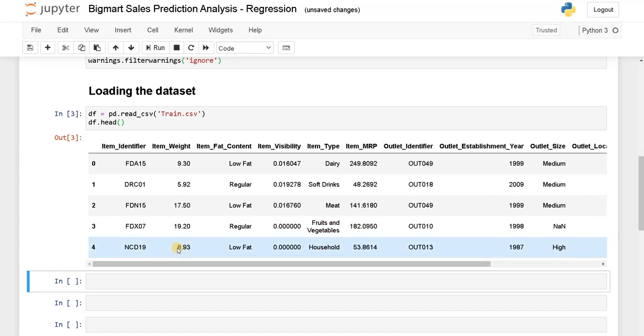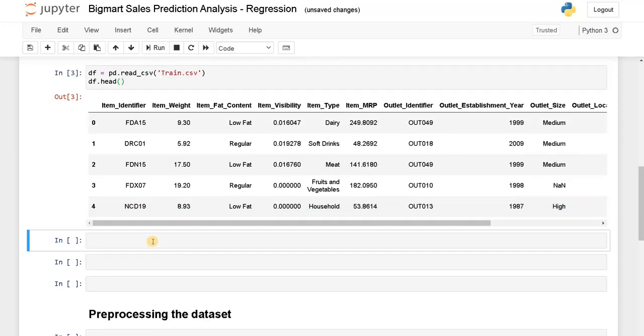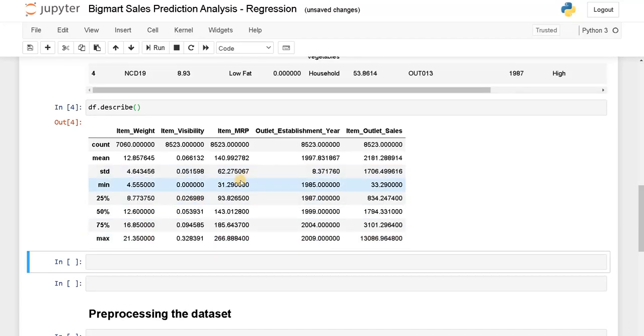Okay, let's do some basic analysis of the dataset. df.describe. Now it's displaying some numerical values that are available in the dataset: item weight, item visibility, MRP, establishment year, outlet sales. As you can see, item weight is missing some values. Here you can see the count.